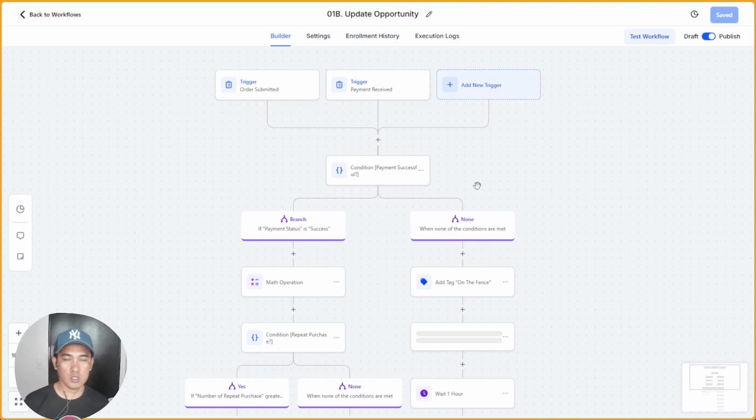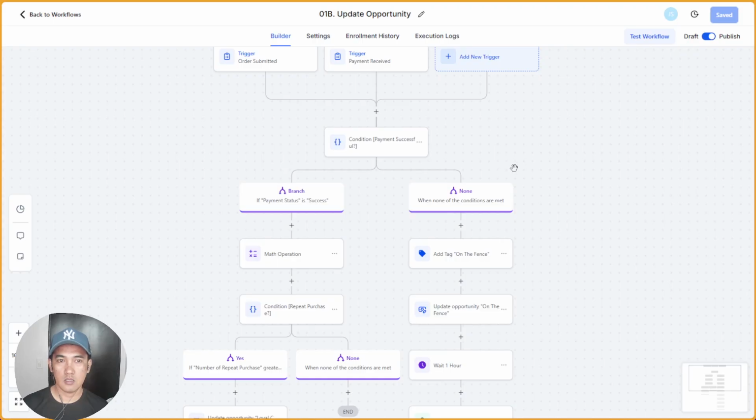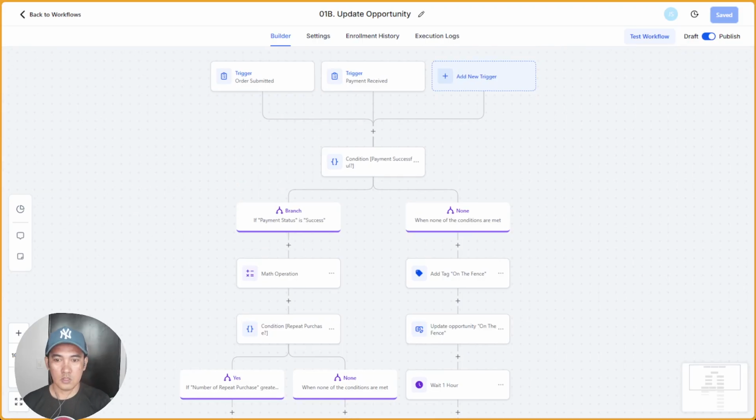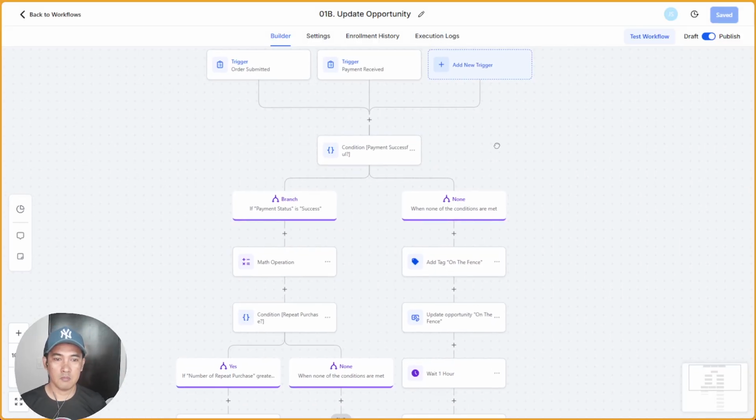This one will just update the lead or customer, like repeat customer or just new customer, and on the fence.